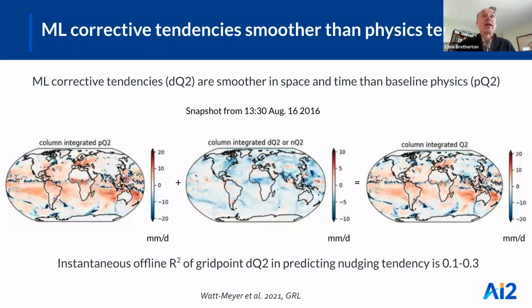So if we look at the corrective tendencies that the machine learning is producing and compare them to the physics tendencies, it's interesting to see the differences. So the physics tendencies in column integral of moisture, so this is